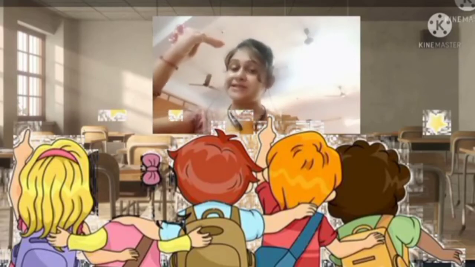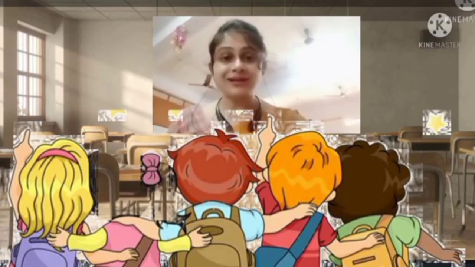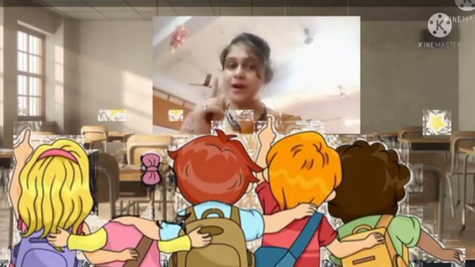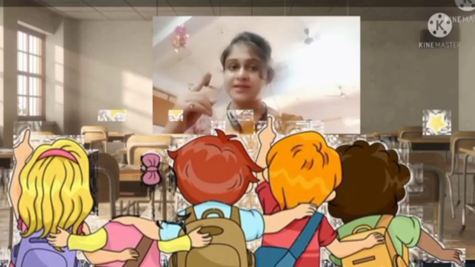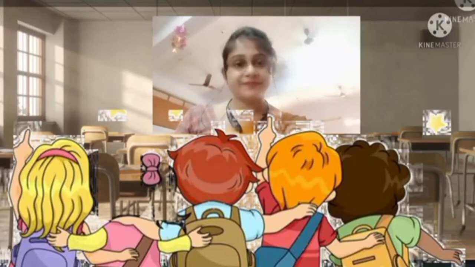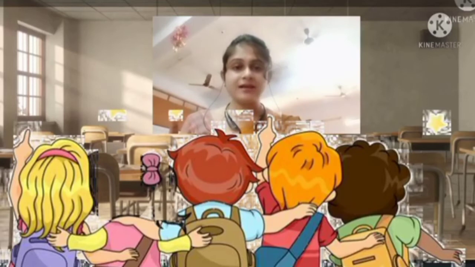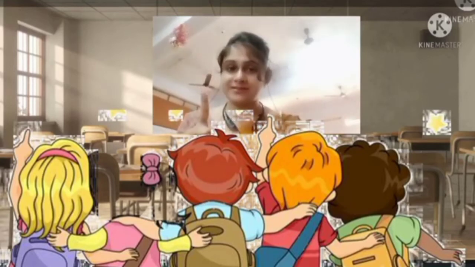Upper bead is also called heaven bead. Lower bead is also called earth bead. Do not forget this. Now place value. Lower bead, each bead value is 1. Upper bead, one bead value is 5. Now let's see how many beads there are. Lower bead there are 4 beads. Upper bead there is only 1 bead.